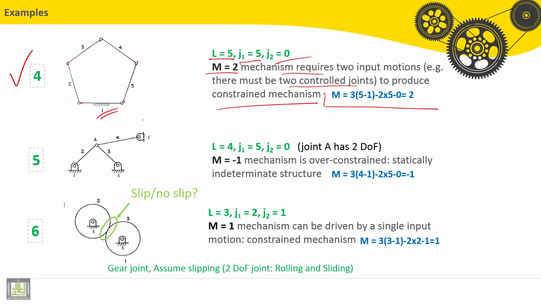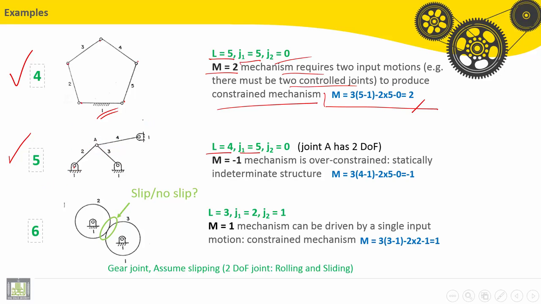To check, M is equal 3 into L minus 1 minus 2J1 minus 0. So it is equal to. Number 5, we have 4 links include the ground. First one, second, third, and fourth. Lower pairs, 5, rotation here, rotation here, rotation here, 3, rotation here, 4. This rotation in A,